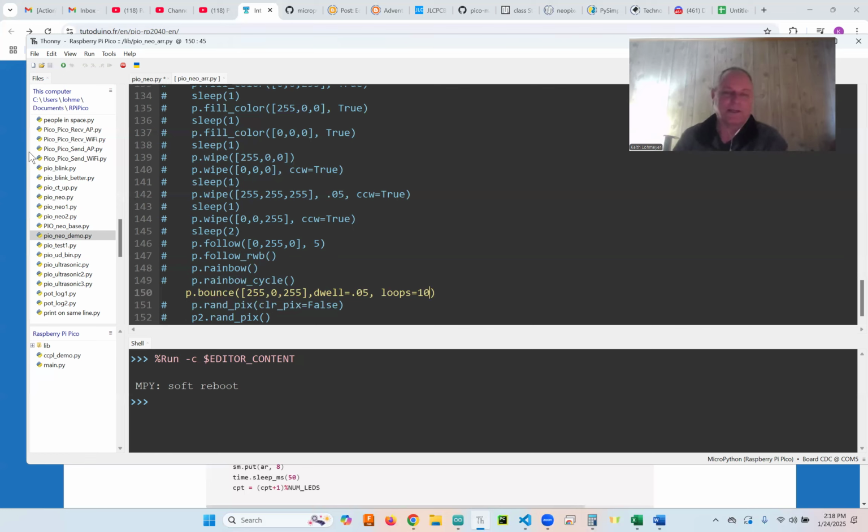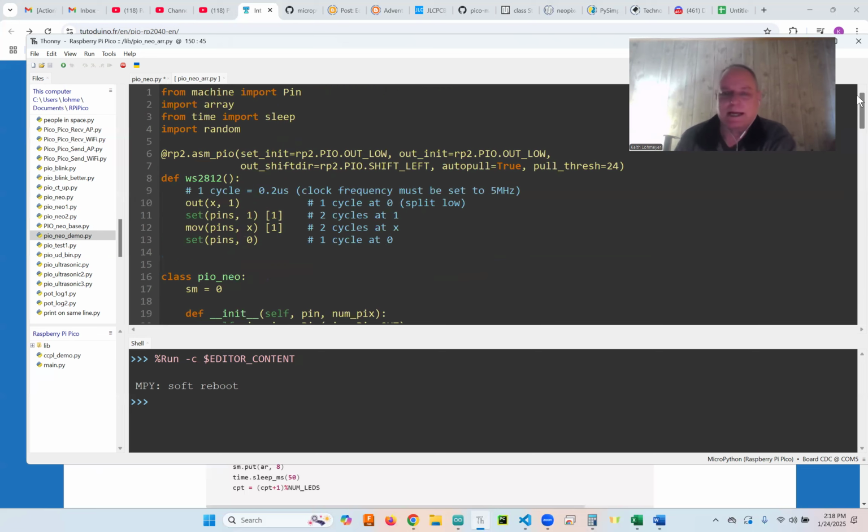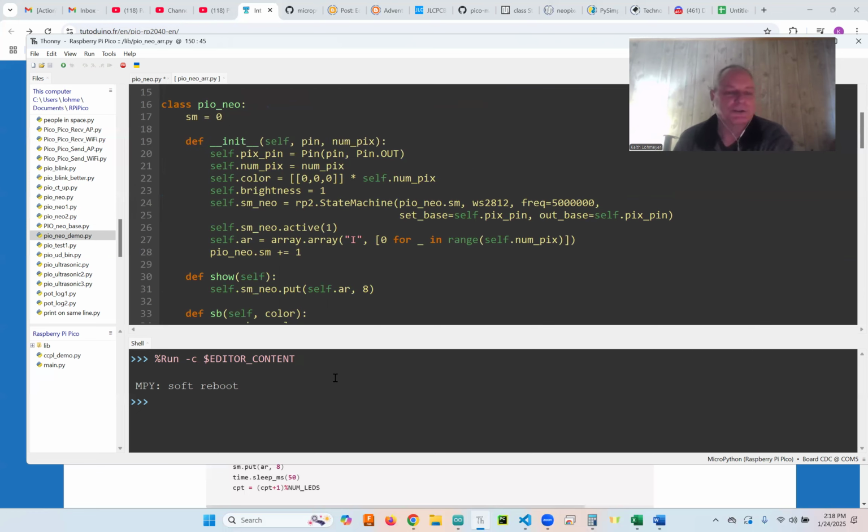So anyhow, that's probably all I got for today. I think I finally have a working library module that I can use for PIO. And I did also, I don't know whether I mentioned it or not, but I added Paul's. So we have state machine zero. Then when we initialize the first one, we'll add one to it, so you can do a second